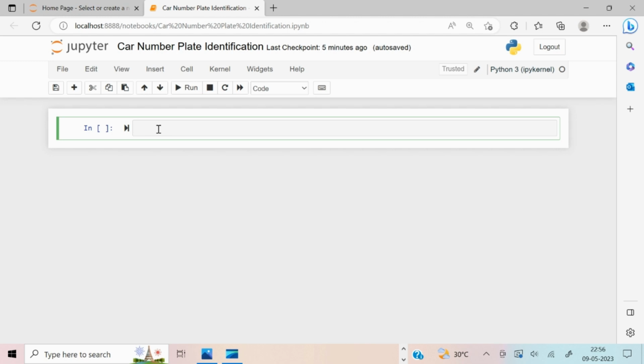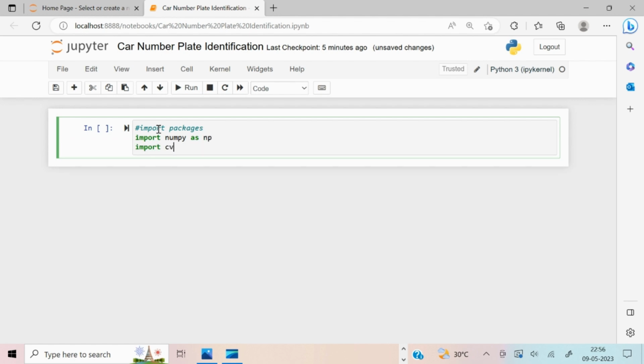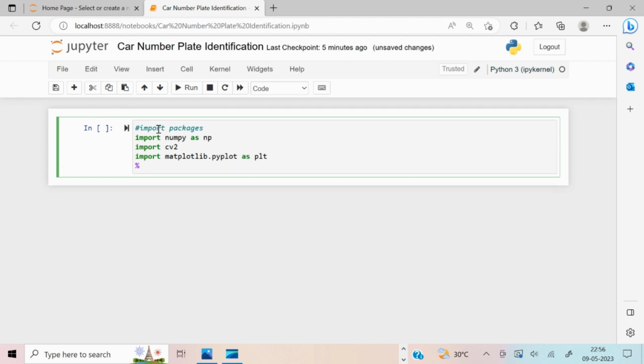In this video, we are going to see how to identify a car number plate using OpenCV and extract the text from it. First, I'm going to import all the important packages. So let me import them. I'm going to import numpy as np, import cv2, this is for importing our OpenCV, import matplotlib.pyplot as plt, and I'm going to make it matplotlib inline for this,